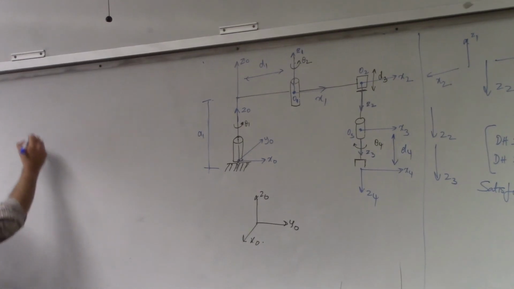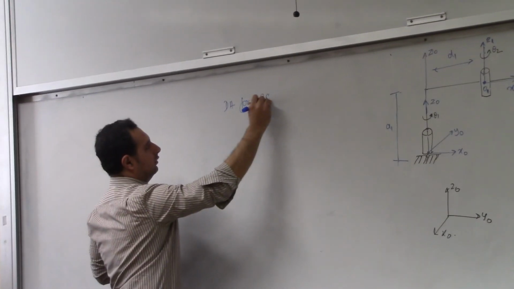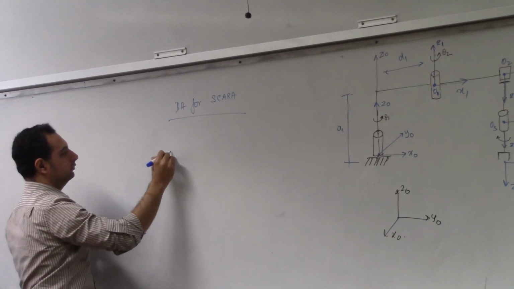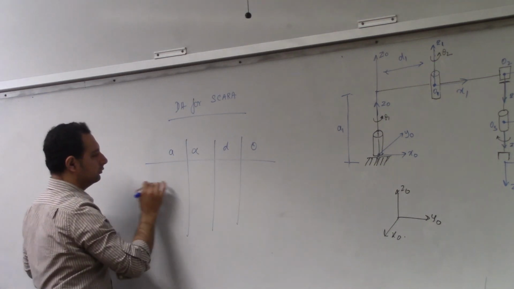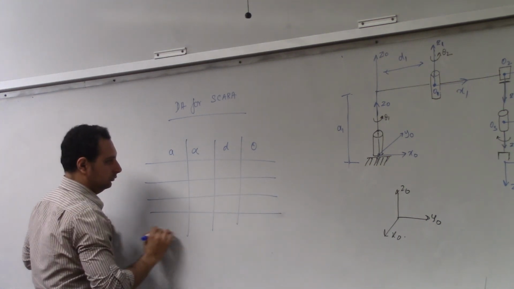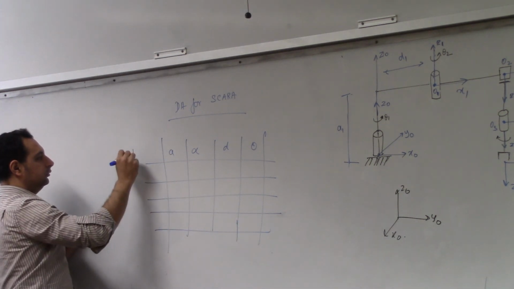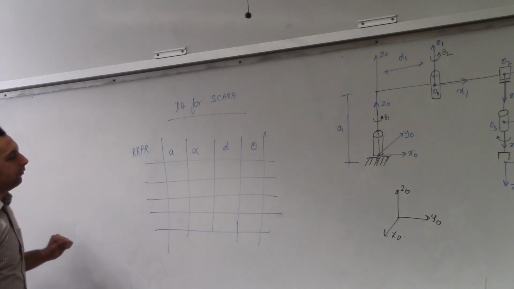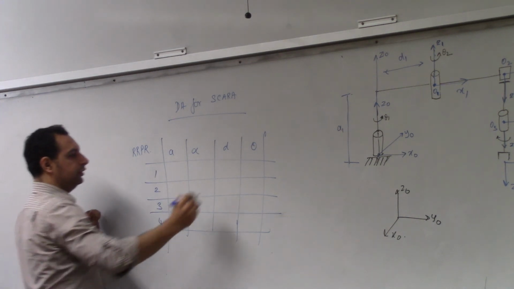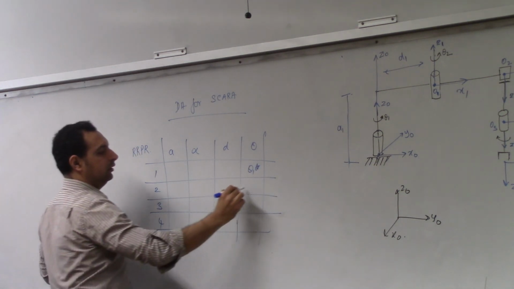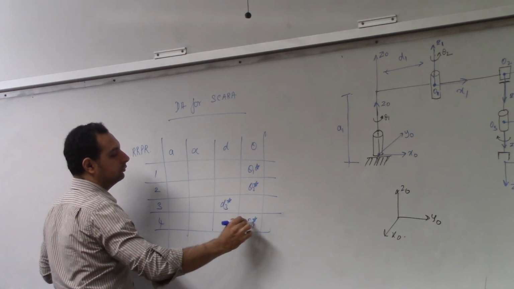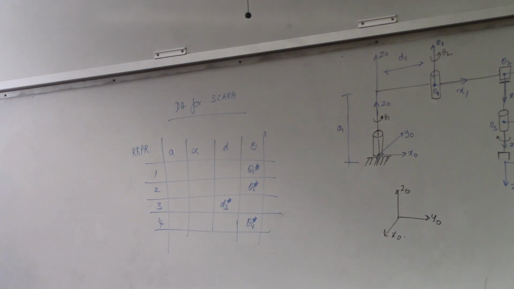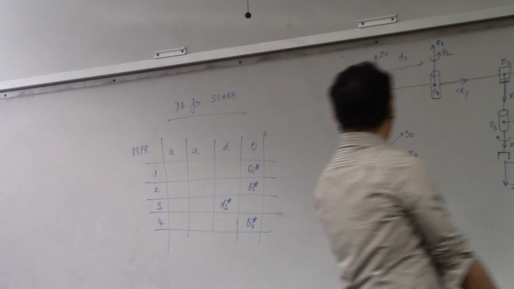Okay, so here, let's write a DH for Scara. So this is RR, so this is going to be variable, this is variable. Okay, so now tell me what is